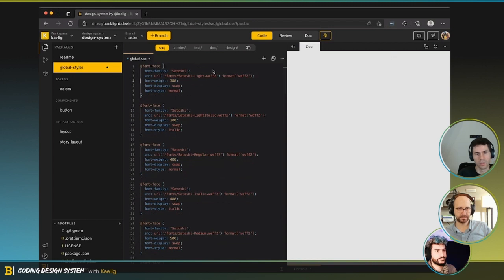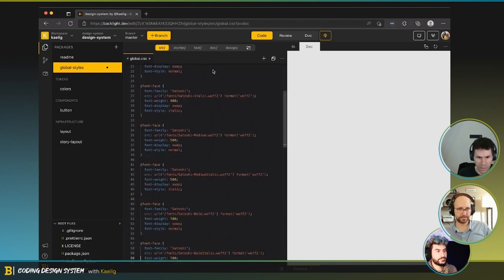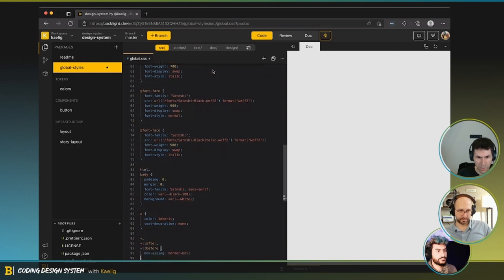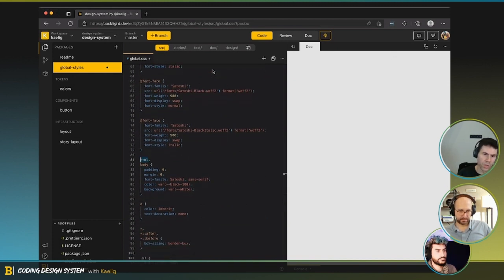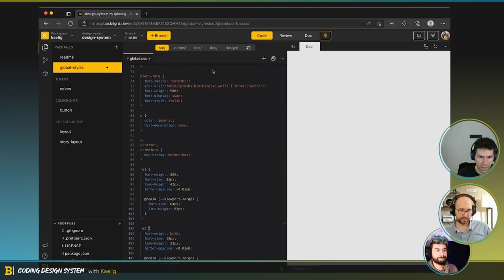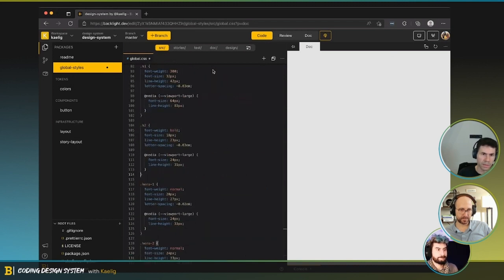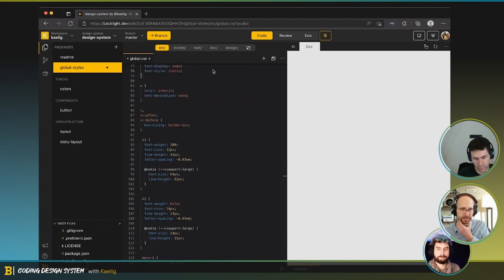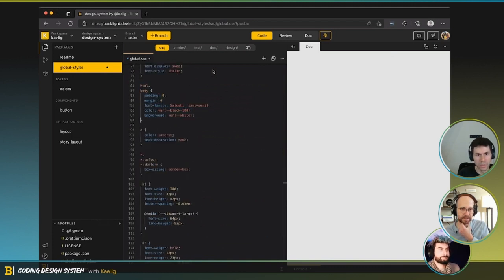Yeah. So we have a bunch of fonts, and then we have some defaults for the body. So this will usually go in the app and not in the design system. Then you have the typography. So for the font family, maybe we're going to need it, it was defined there. If you want, you can remove the padding and margin, but I think we're going to need the font family.